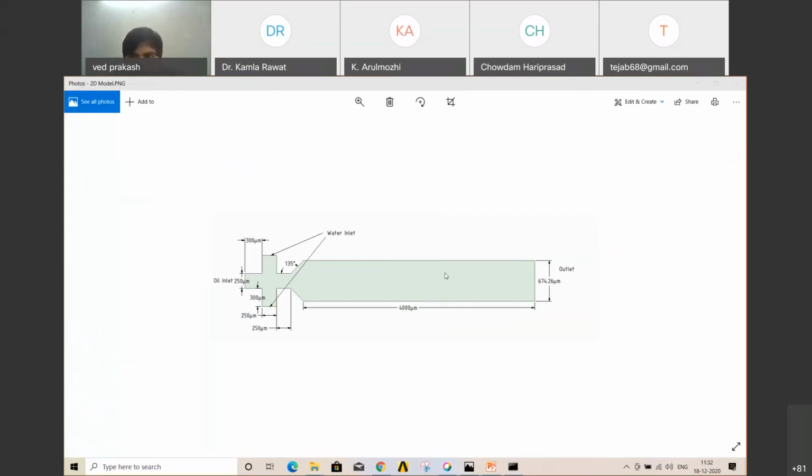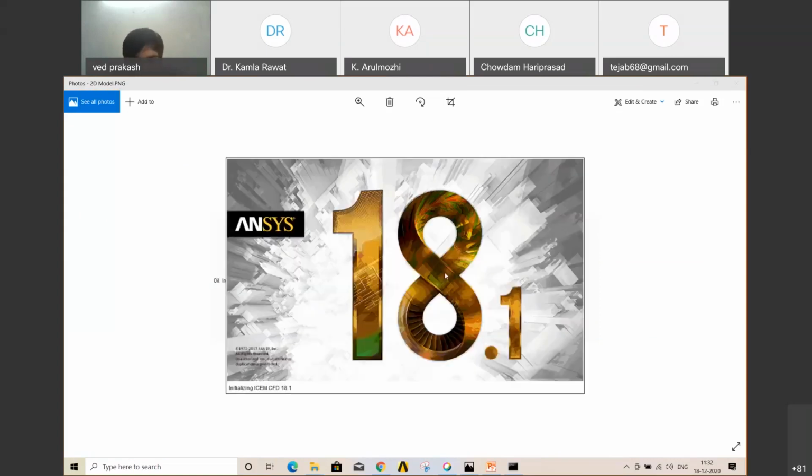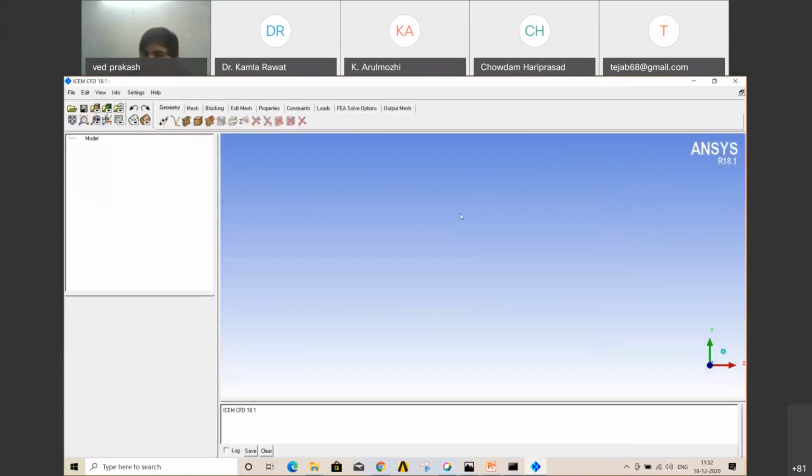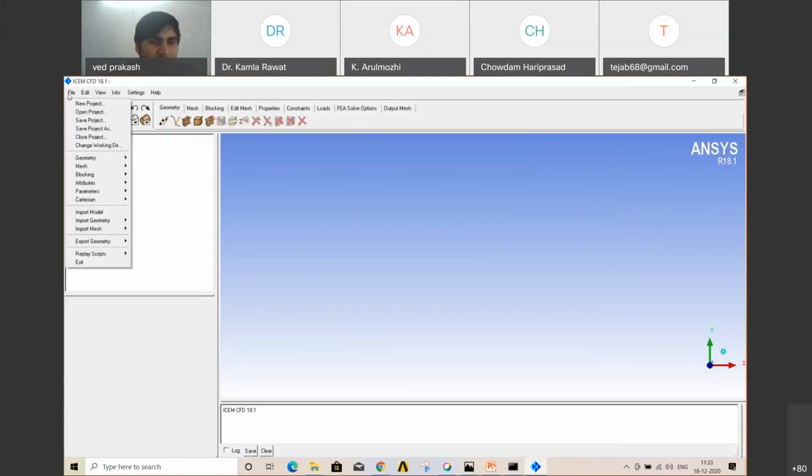Why do we use ICEM CFD only? Because it is a module given by ANSYS, and it provides better meshing compared to Design Modeler. If you want your meshing refined, and some complex geometry can also be meshed here. Structured meshing is very good for your convergence and result formulation. So always go for structured if possible.